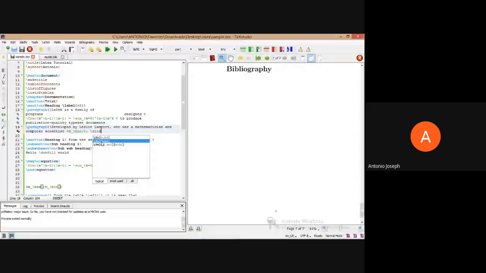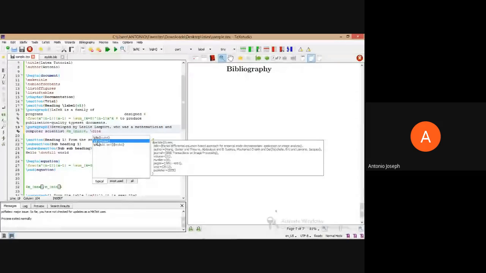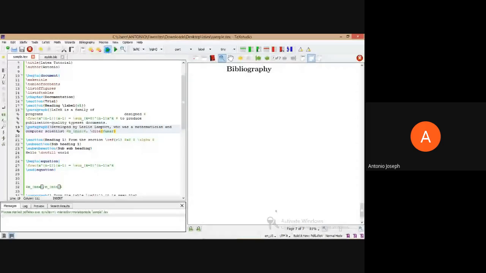If we get templates from a particular journal or conference, they will provide all the bibliography style and everything. The only thing we need to do is use Google Scholar to get the information in BibTeX format, copy and paste that into the bib file, and finally put the citations. That's it. Just press enter.